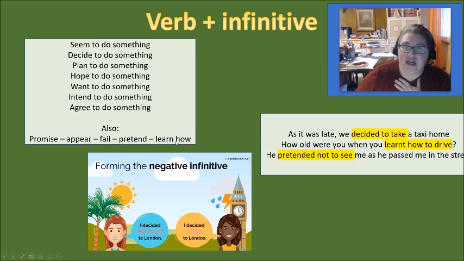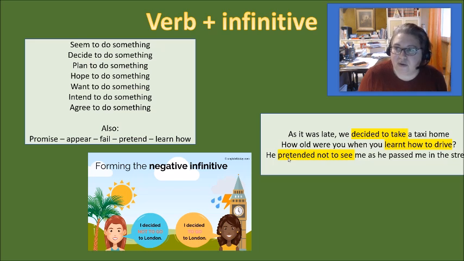Some verbs like learn need a question word after them. For example, how old were you when you learned how to drive? So they need also how. And some others are tricky because they are false friends. One of the most used false friend verbs in this category is to pretend, because for Italian to pretend means to ask with force, with strength, something, but in English it means to fake, to like to put a mask on and do something